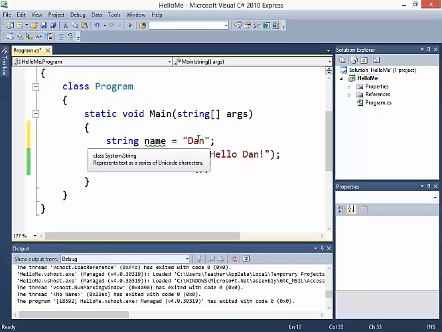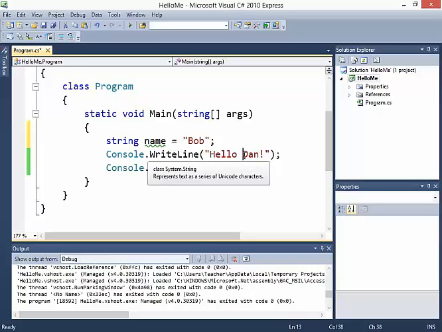And actually, I'm going to change this slightly. I'm going to call it Bob. The reason I'm calling it Bob is because my code already said Dan, and I want to change this. I'm going to use something called concatenation now. And in concatenation, we would take this line, and we would say, instead of Dan,